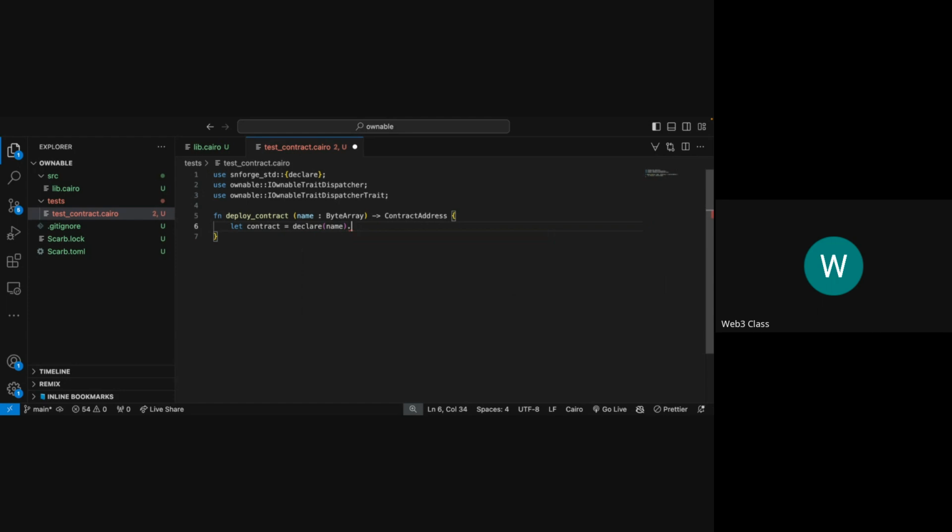You can unwrap it. Unwrap, is that correct? Yeah, okay, good, compiled. So then we declare, this is how you declare with Starknet Foundry. After we declare, the next is to deploy, right? So in our deploy contract, the tuple, we can say contract.deploy